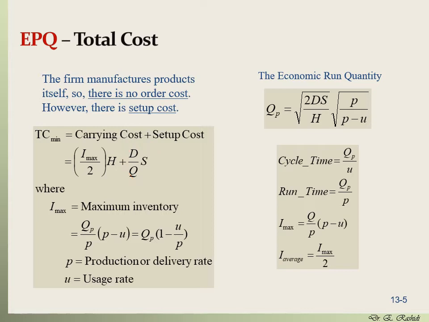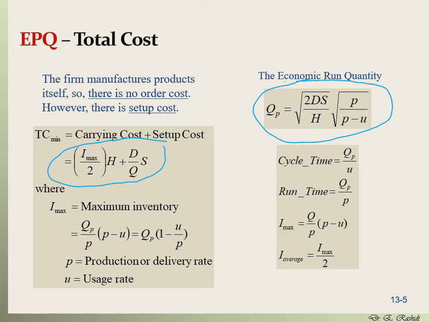All right, so let's see in this formula, what do we know and what are they. Imax is the maximum level of inventory. How can we compute that? Well, you know how much you produce, that's Q. It's variable, you can decide how much you want to produce based on how many days you run. And this is the variable that we want to find the optimal value for. The optimal value for that is here,